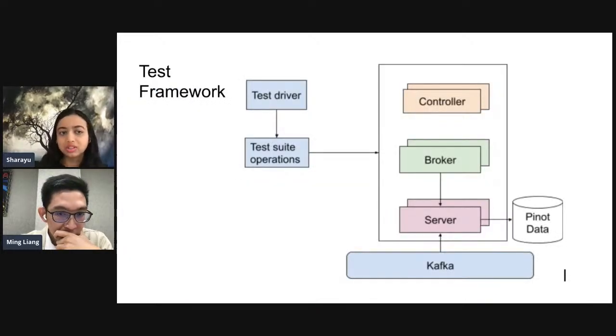Now, to give you a holistic picture of how the test framework works. As you can see in this diagram, the right section of it represents our Pinot components. These components have different versions: controllers, brokers, servers, and their different upgraded versions. We also have support for Kafka and Pinot data for offline as well as real-time. The test suite operations are those which I mentioned just now in the YAML files, where you can create, delete, and test against different versions of the controller, broker, and server. And this test driver will be used to run them all.